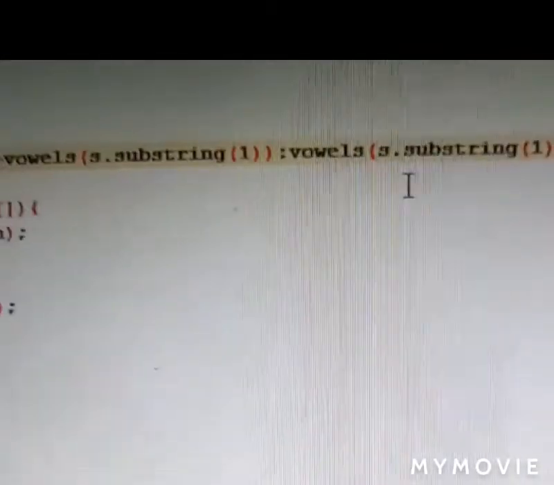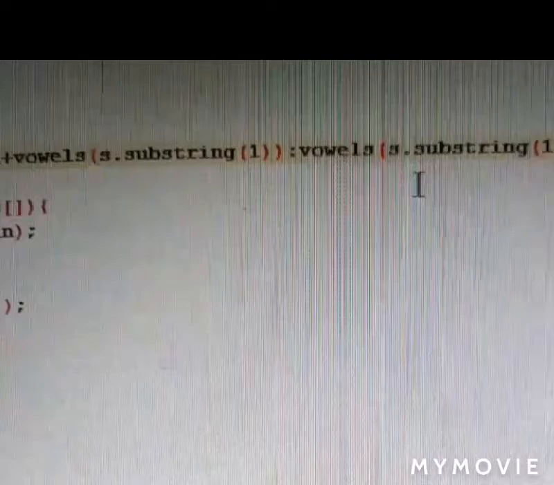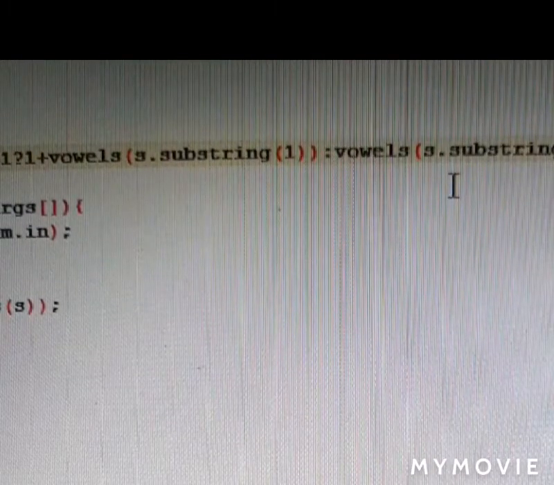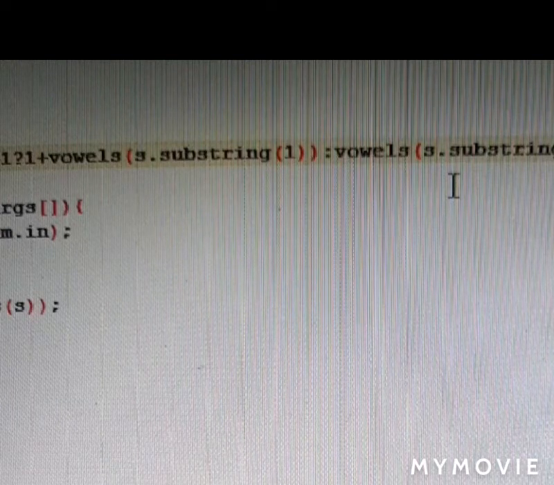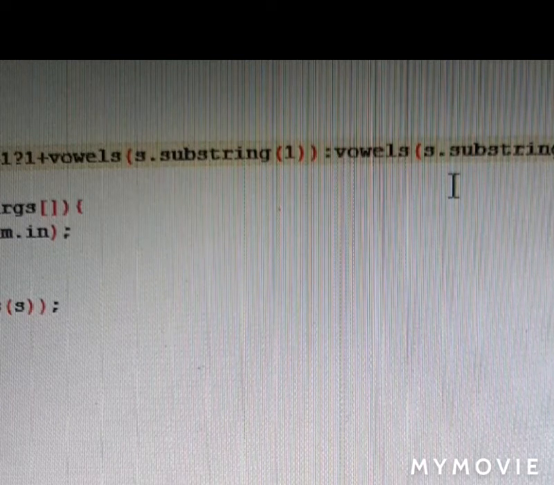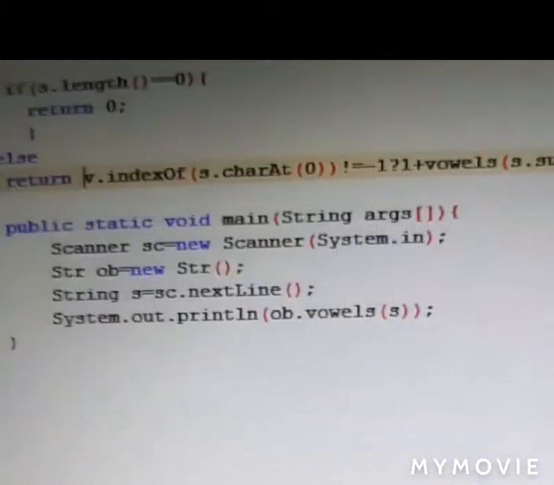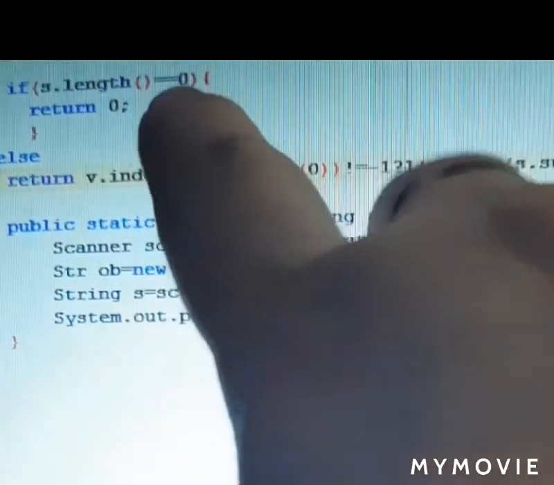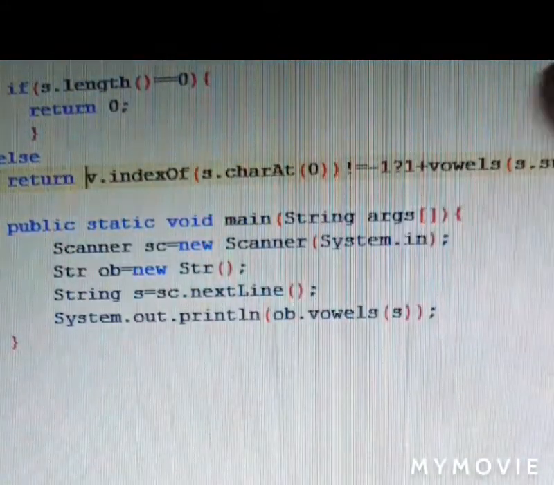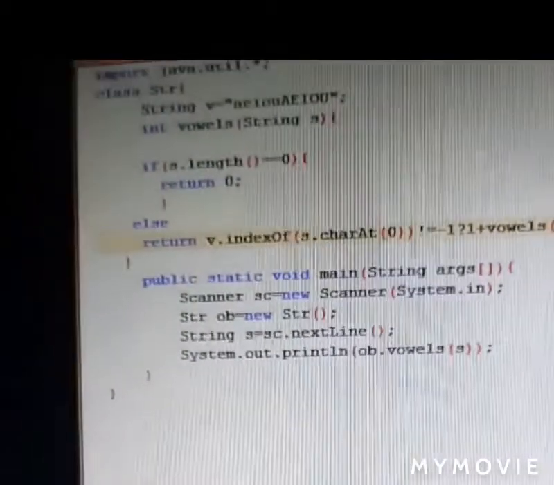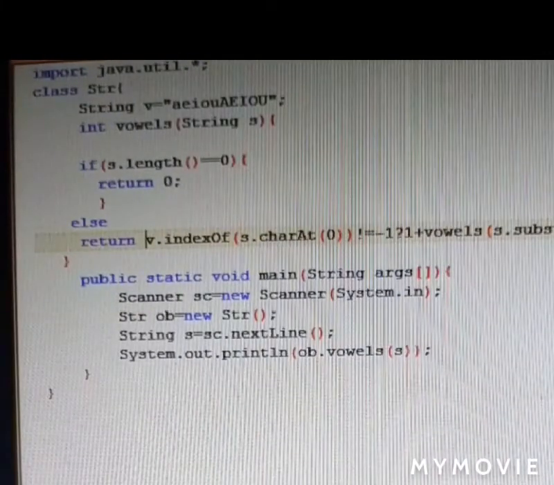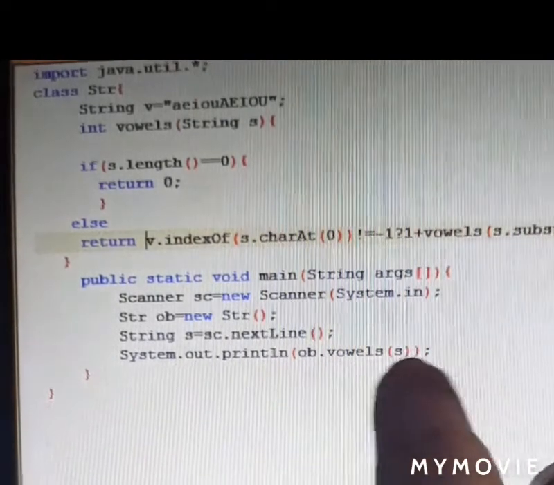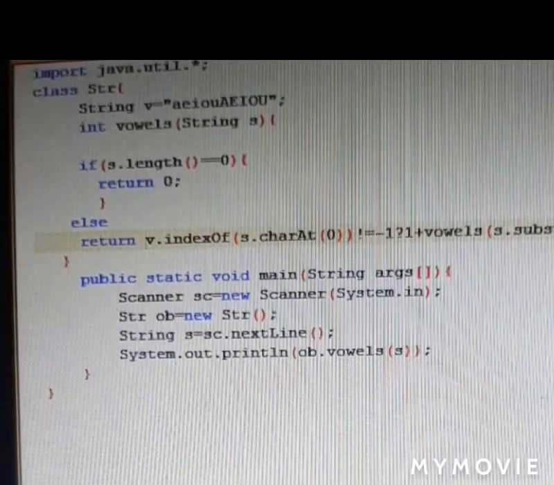So it will come to the colon part and vowels will call itself by sending the first position from T, and that is nothing. Because after T there is no other character to be counted as first position character. So 0 will go inside here and the length is 0 completely. So the base case now has turned out to be true and this 0 will be returned into the counters which are already there in the memory. So the counters were 2, 2 plus 0 is 2. Finally the answer will go over here in System.out.println and we'll get an answer 2.